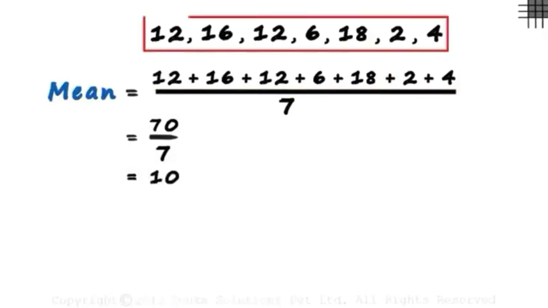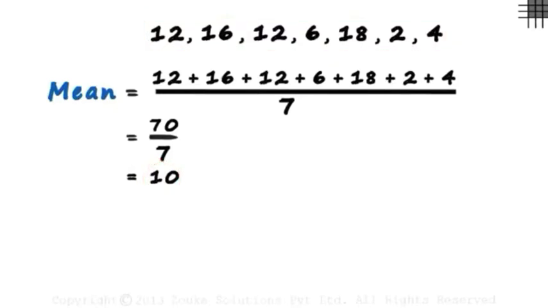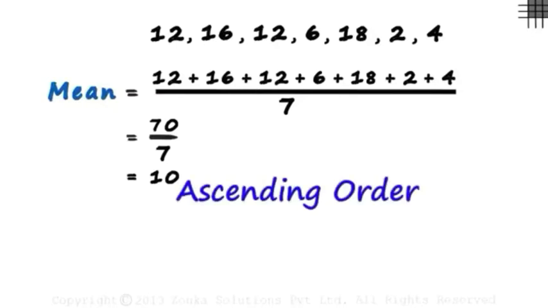So the mean of these 7 numbers is 10. What we are basically doing is finding an approximate central value of a given set of values. There are a couple of other ways to find the central value. To understand them, we first need to arrange the values in ascending order from the least number to the highest